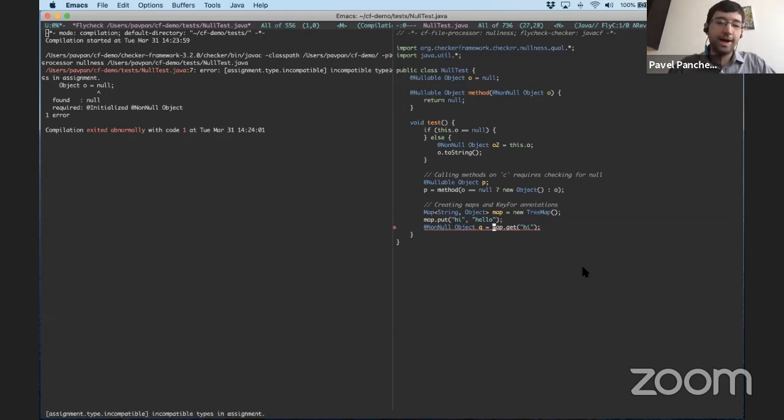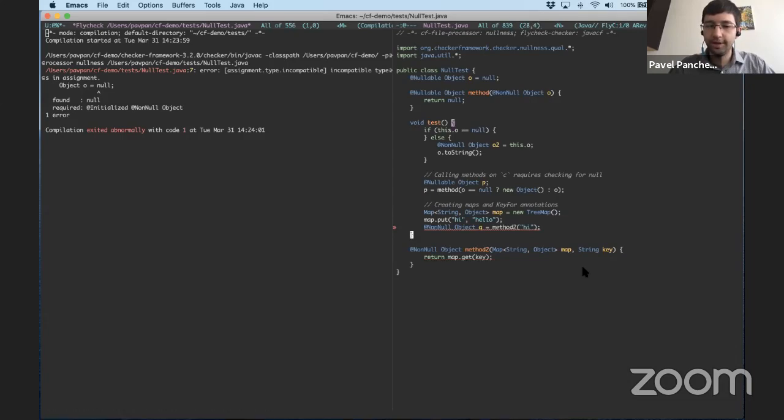However, you can imagine this is going to be kind of annoying because often you will have some kind of method that, for example, receives a map and a key and wants to return the object at that key. And we'd like to annotate this method as non-null because we know that we will only ever call it with a key that is a valid key for that map.